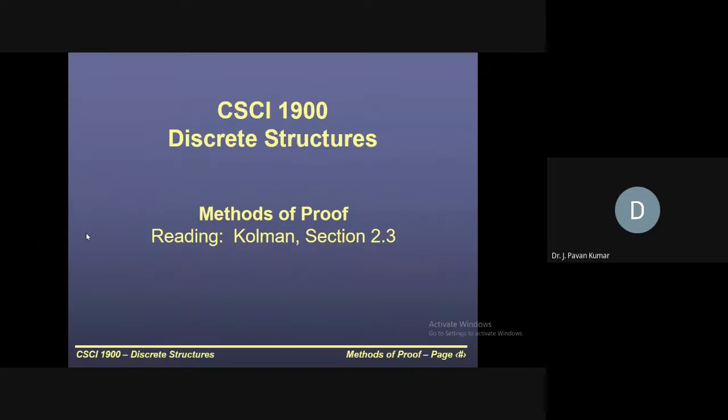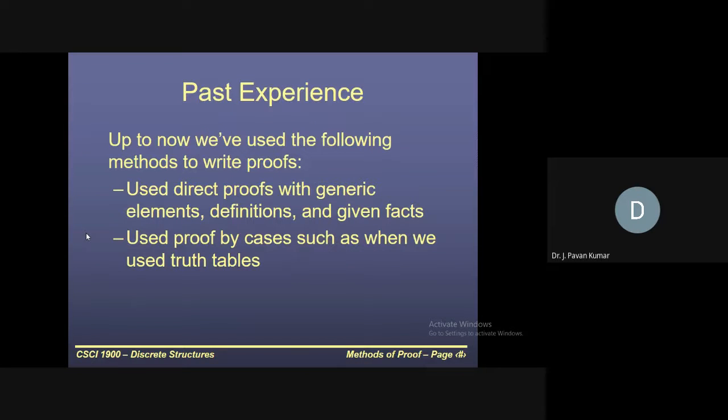So in the last class we discussed methods of proof: when one particular statement or theorem is there, how we are able to prove it. For that we have seen several methods. Before discussing these methods, we proved theorems by arguing based upon the definition or the facts. We argued, and then we concluded